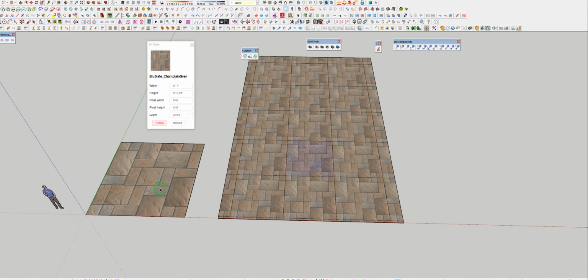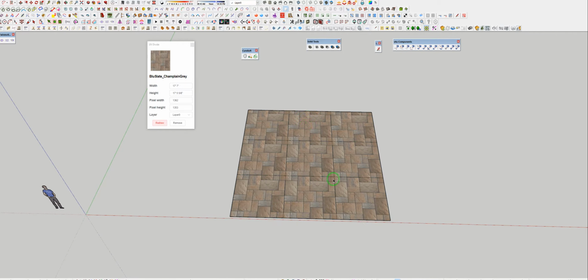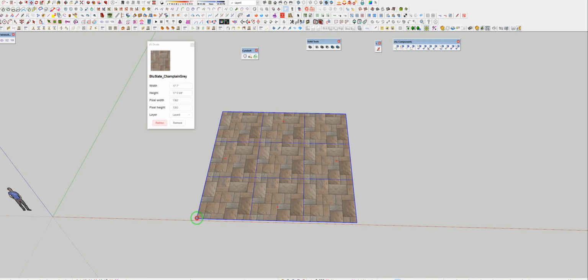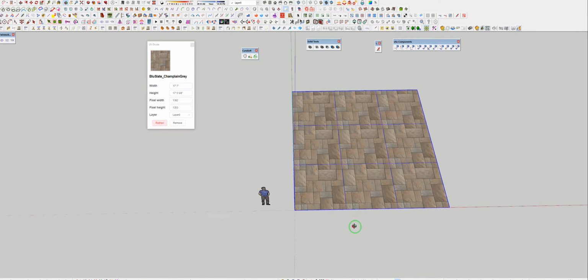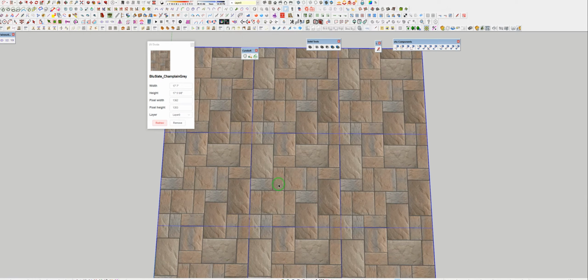Actually, maybe I will just use this. Let me get rid of this. Let me grab 4 squares, and actually I'm gonna grab all of these right here, group them to get rid of everything else, and I'm just gonna move this over that, and I'm gonna work in this center and create